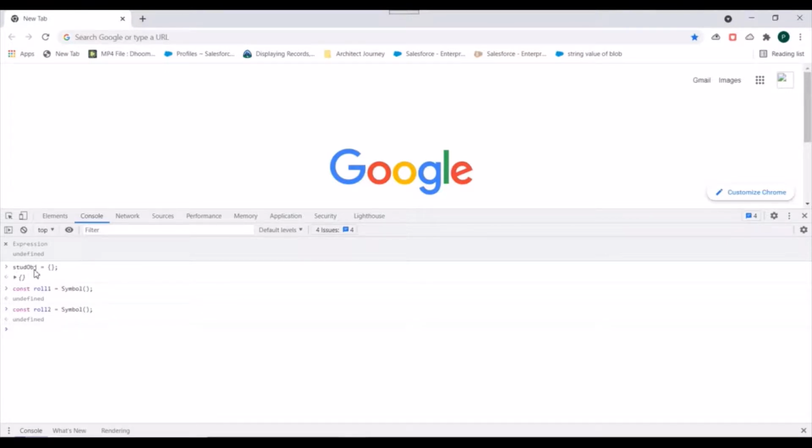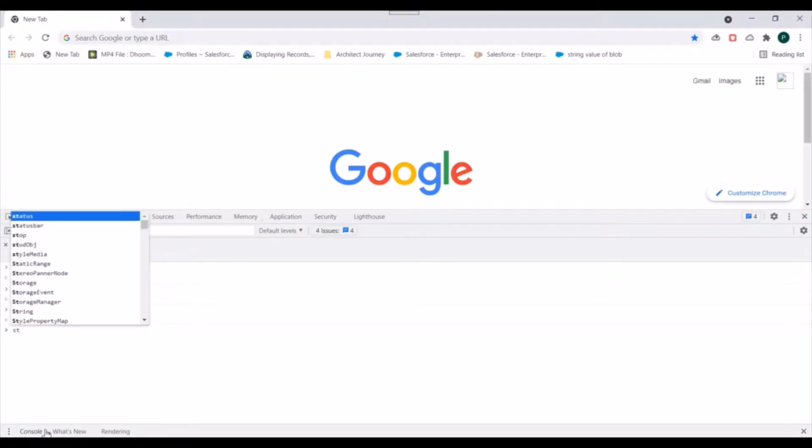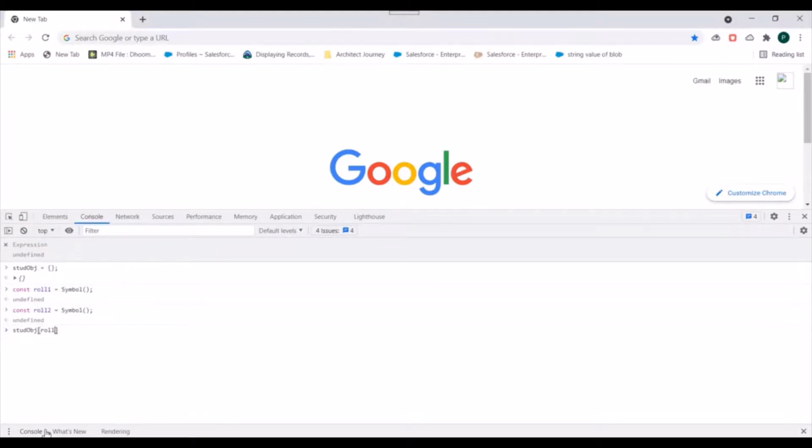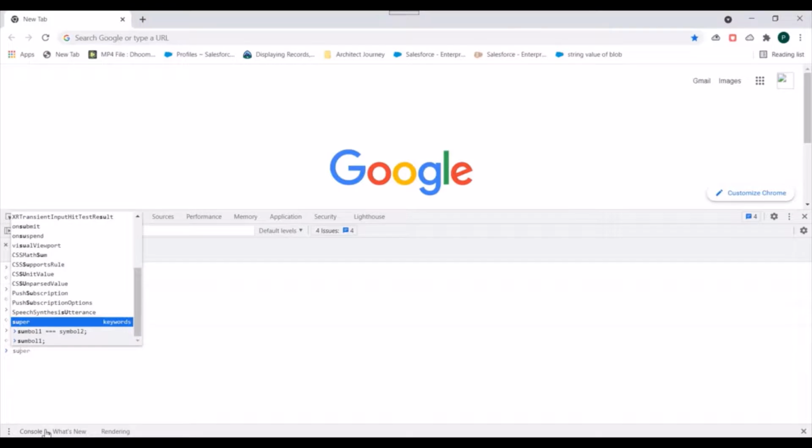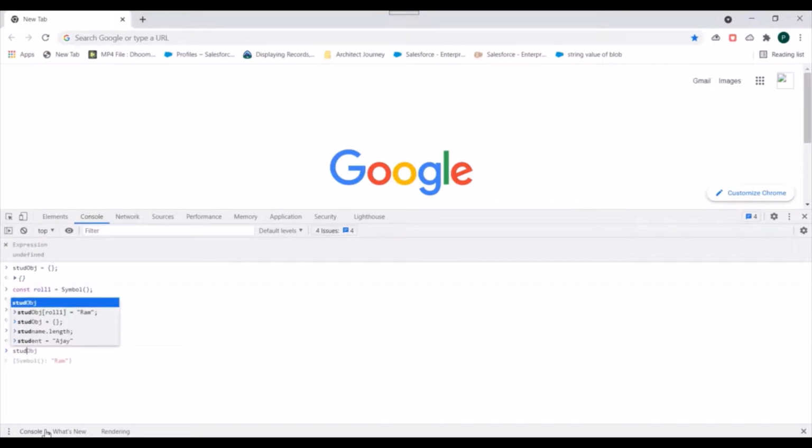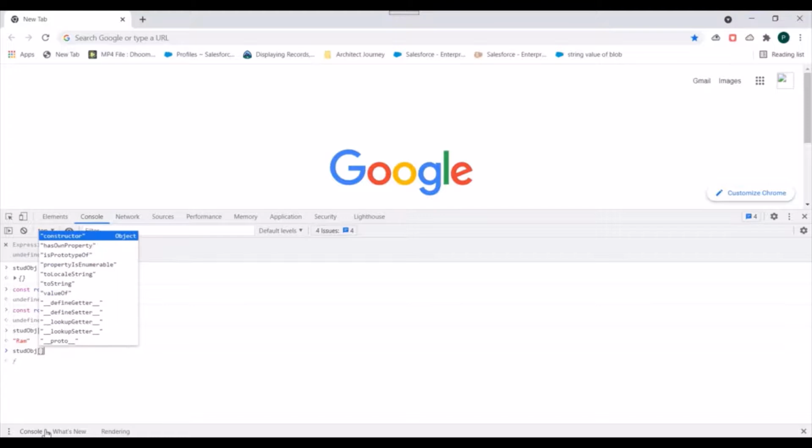Right, now we'll use these keys in our object. Okay, so we have student object with us. So student object of, let's say, roll number 1 equals to Ram. Okay, and let's say student object of roll number 2 equals to Shyam. Okay,